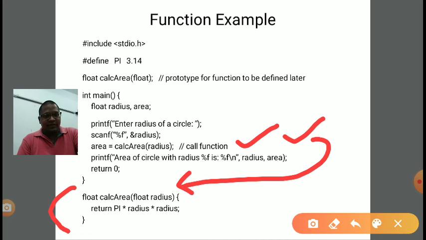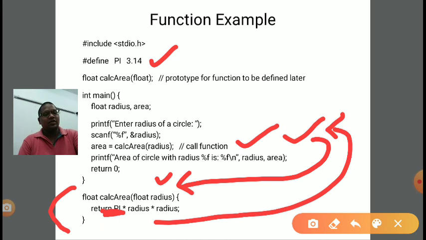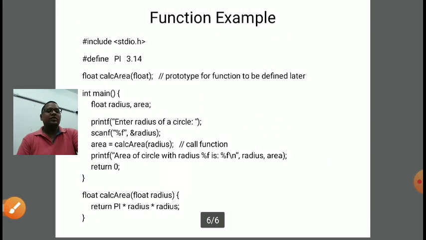In the function body, radius is whatever input we pass, a floating type variable, and the output type is float. Here in the body we are calculating: the PI value 3.14 is put here, with the radius you took as input from the user, and it calculates and returns. Returning means we go back to the same line from where we called the function. And if you look here, area is the variable: the output goes into the area variable, and after that we have written a printf statement to display the output. So this is all about the function.